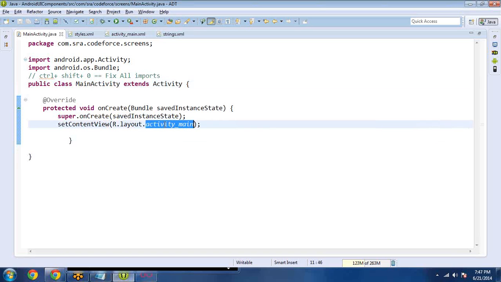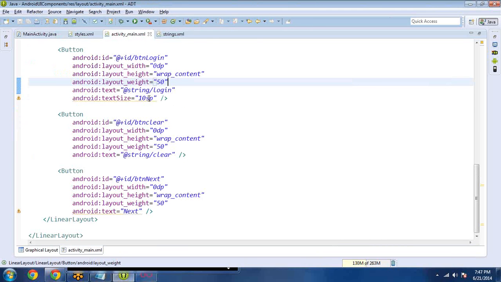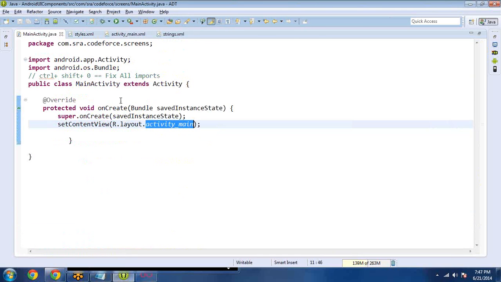What is the layout name I'm using? I'm using a layout named activity underscore main. It means whatever layout I designed here, this layout I'm using inside the main activity. Now what we want to do is